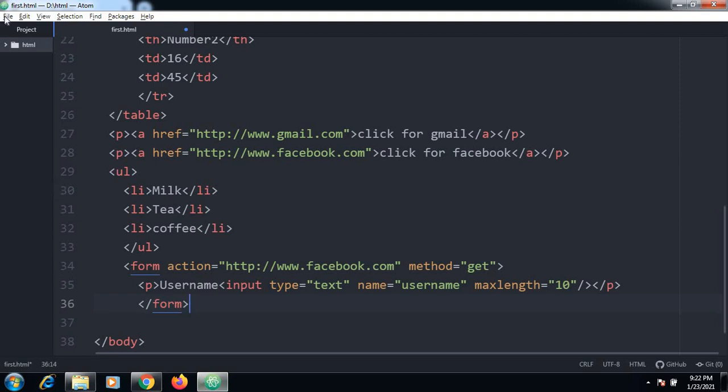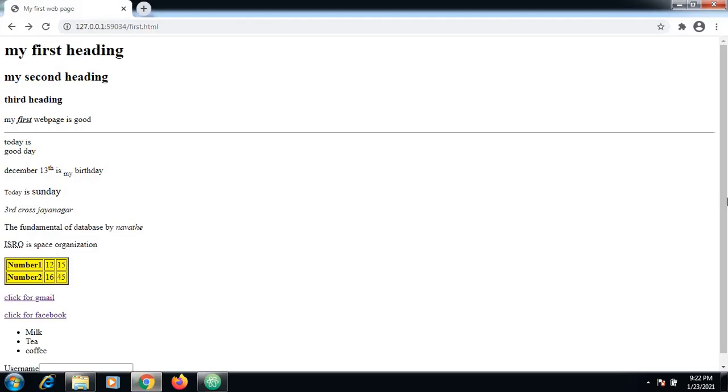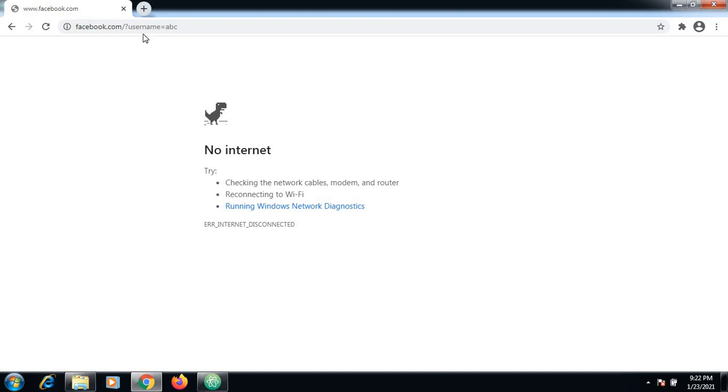Go to save, and after this you just see whether the form is created. Yes, this form is created. So what happens? Initially I write something, I press this, and this is diverted to some particular website. So now username is taken as ABC.